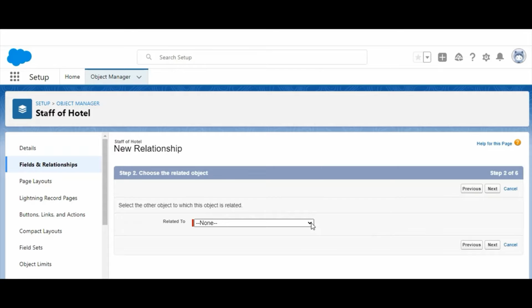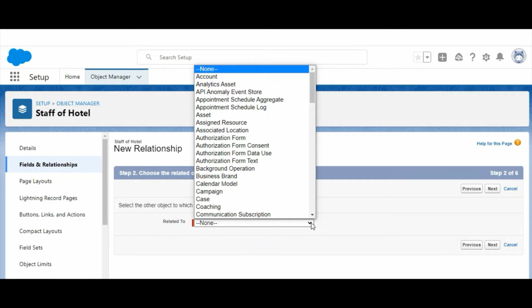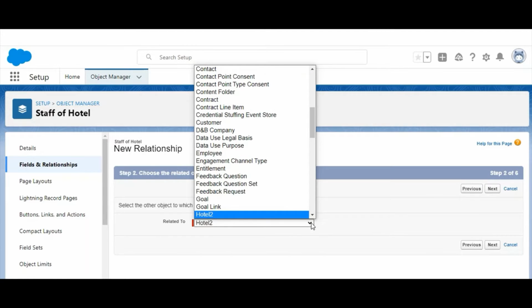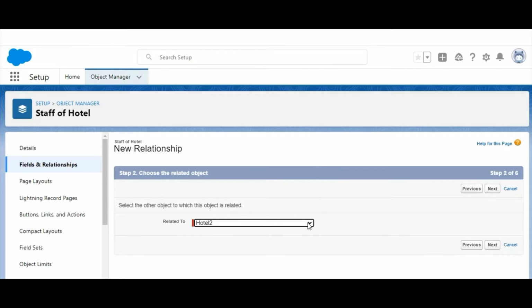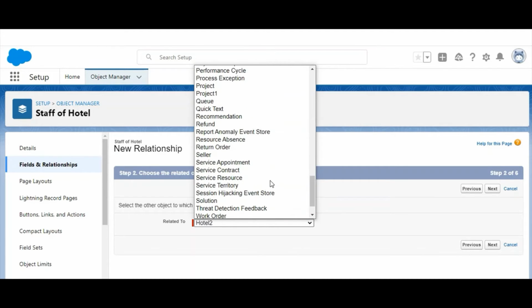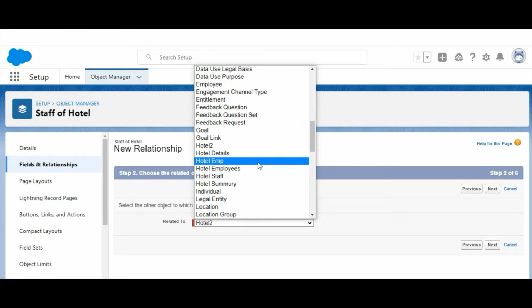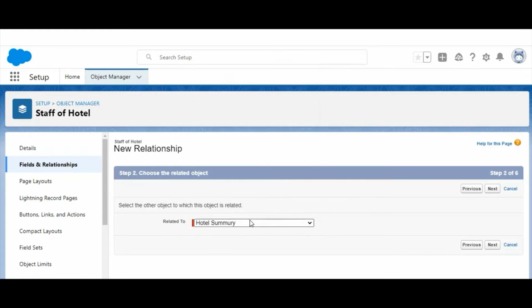Then we'll select the related list as hotel summary.